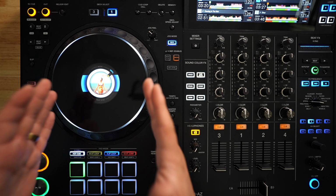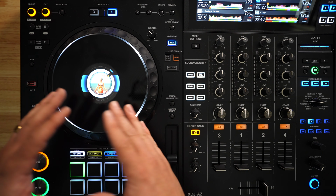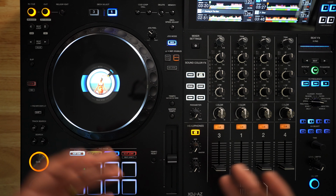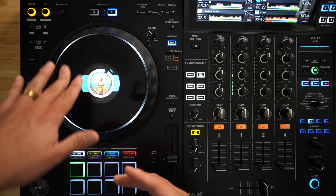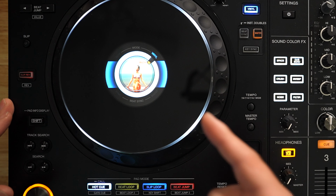Now, if we move over here to the Platter section, it's very, very familiar for all you CDJ guys or people coming from the XZ. You're gonna love it. Big 8-inch platter, very similar to the CDJ-3000 platter, feels amazing. The screen, just like the CDJ-3000 platter. And it's pretty cool too. You can actually